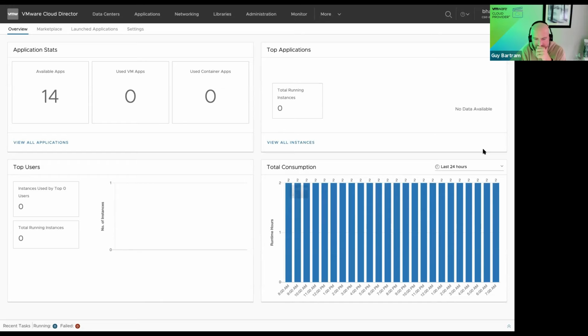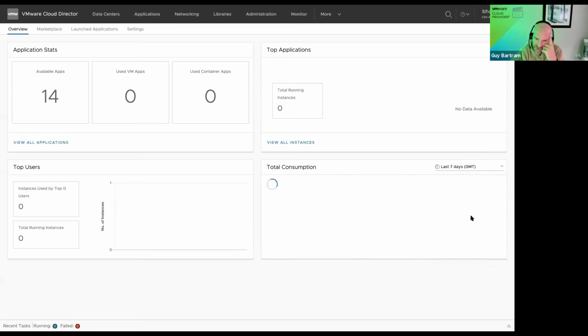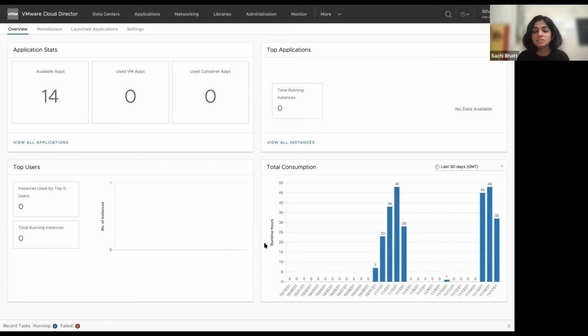If you go to 7 days, the consumption, what is the unit of consumption? Is it the application? Earlier it was CPUs or memory that it would show. Okay, I think they changed. So when I've got 48 on one day, I guess that's running a lot of different applications. So it's the total hours of all applications running. Yeah. So this is the tenant admin portal for the usage and the consumption.